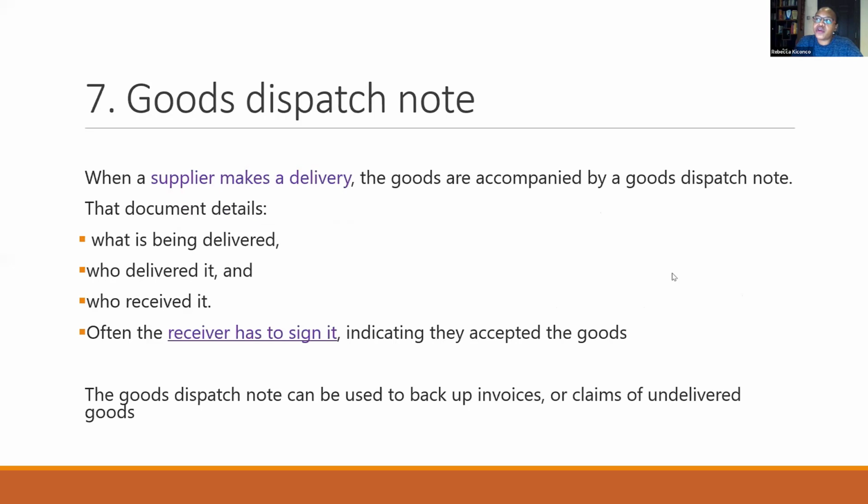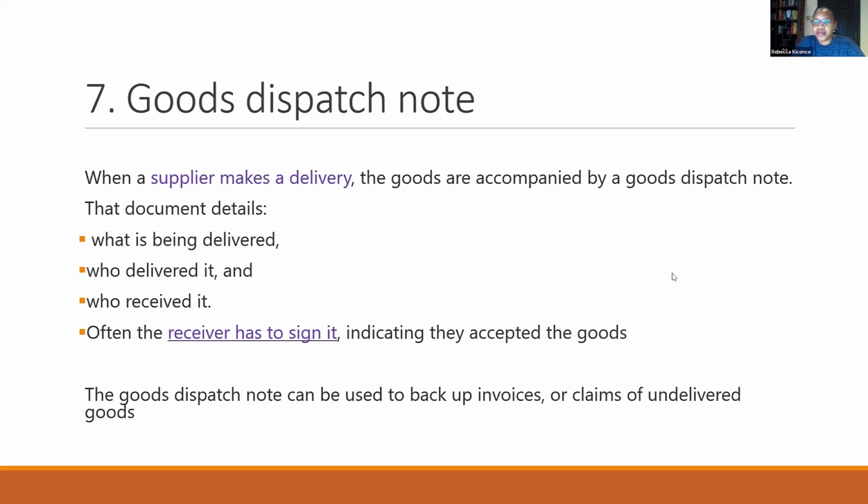Then we have what we call a goods dispatch note. Now, once you have the sales order, then you send the goods for delivery. The goods come along with what is called a goods dispatch note. So let's say that these goods are coming from the warehouse of Plum Stationery. The warehouse of Plum Stationery will issue a goods dispatch note, meaning that the goods have been sent out for